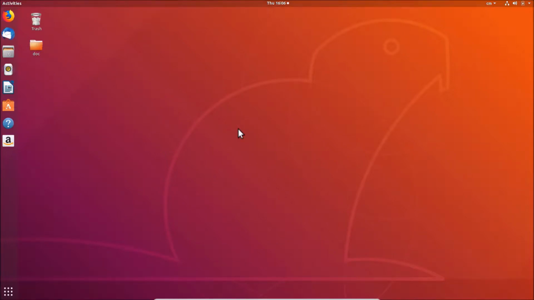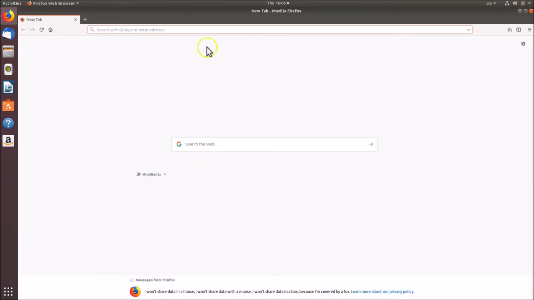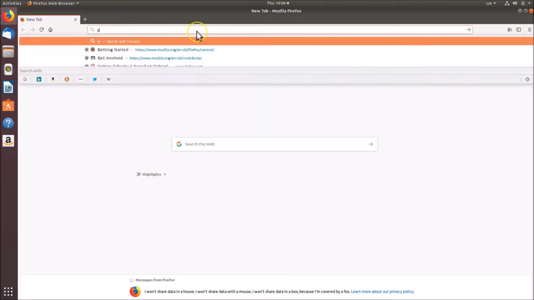Hi guys, in this tutorial I'm going to show you how to download and install Opera browser on Ubuntu 18.04 LTS. Okay guys, so what you need to do, you need to open your web browser. So I am opening Firefox, and after that you need to go to this website google.com